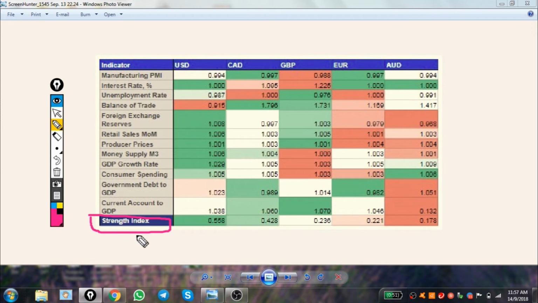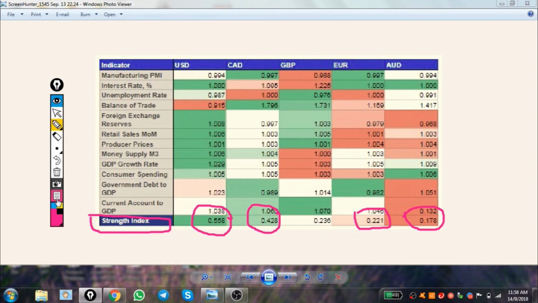Based on this strength, we can see that the dollar is strong and CAD is strong. These are the two strongest. The weakest is Australia, followed by the euro. This is longer term. So obviously we are looking to buy the US and sell Australia, buy the US and sell the euro, or buy the CAD and sell the euro, or buy the CAD and sell Australia. That's the general direction I will take, if I base it on this number alone.